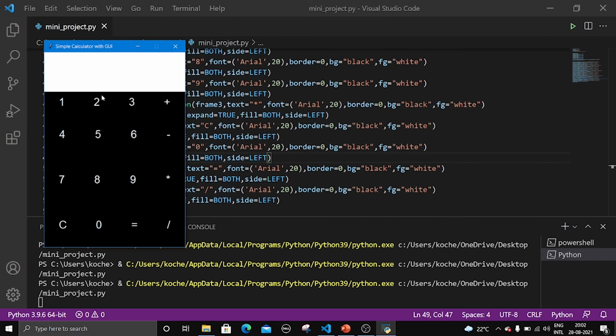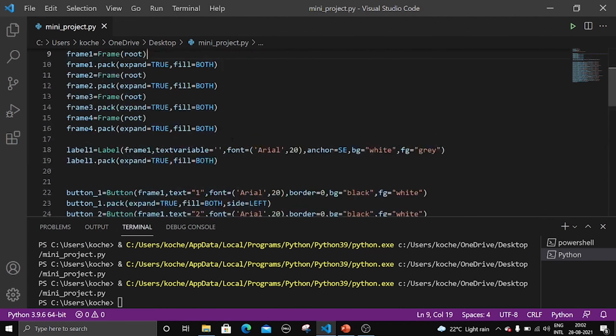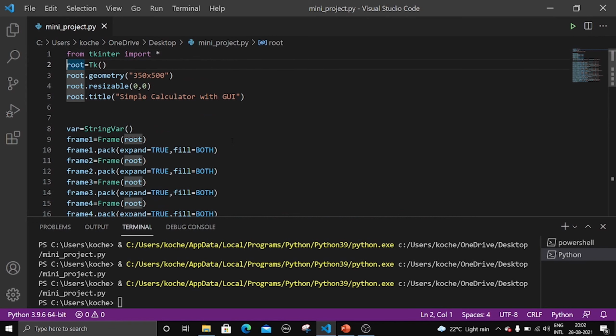So now let us add commands, because if you press this, nothing is happening, right? So let us add a command first for displaying, right? So let us go into the top, and let us add functions that will allow us to write on the label, right? So let me create a function,